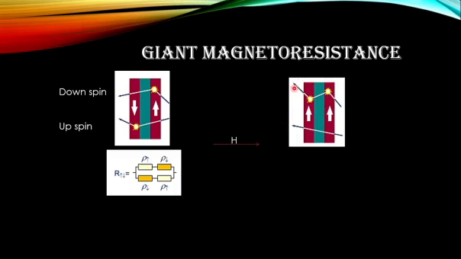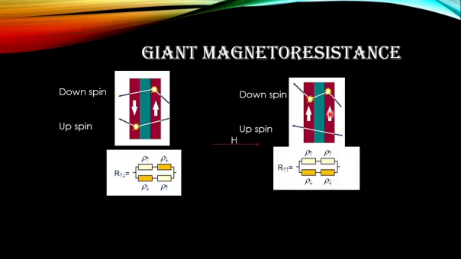If you apply a magnetic field, now the magnetization will get arranged. So if a downspin atom comes up here, it is in the opposite direction, so the scattering will happen. Then it reaches the next layer, which is a non-magnetic layer, and then it passes through to the next ferromagnetic layer. So the alignment is again opposite to the downspin electron, so it will be scattered more. While in the case of upspin electron, you can see the alignment is the same for the first and third layers, and hence the electron will be smoothly flowing across.